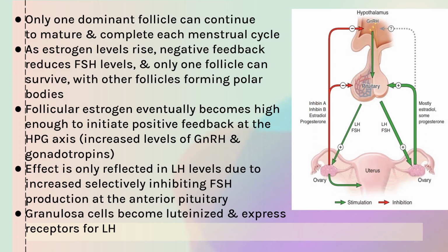As a result of this hormonal shift, granulosa cells within the dominant follicle undergo luteinization and express receptors for LH. This prepares the follicle for ovulation and the subsequent formation of the corpus luteum, which is essential for the production of progesterone during the later half of the menstrual cycle. As mentioned before, progesterone is the hormone that maintains the pregnancy, hence the need for production during the later half